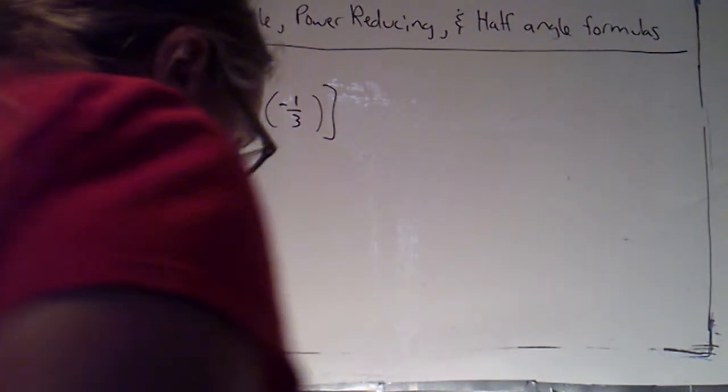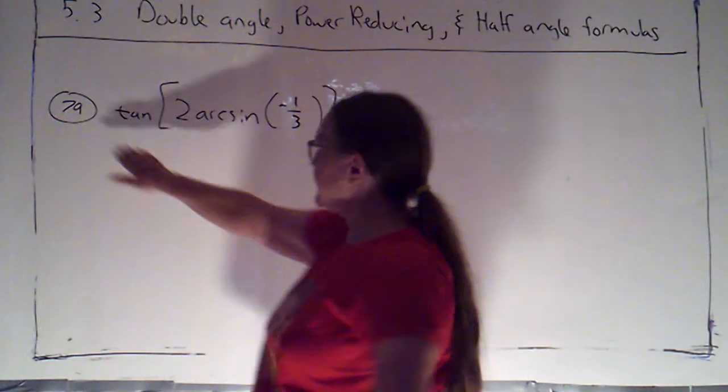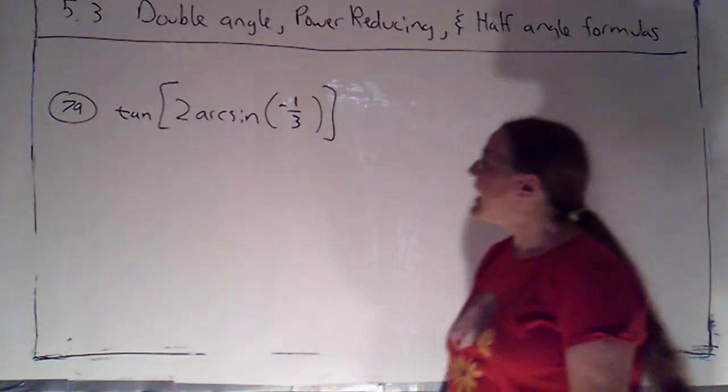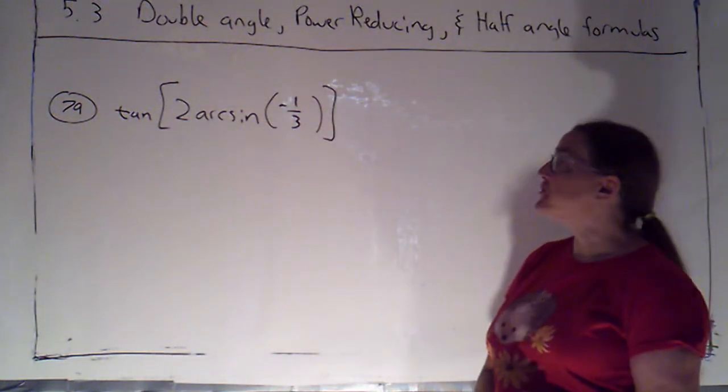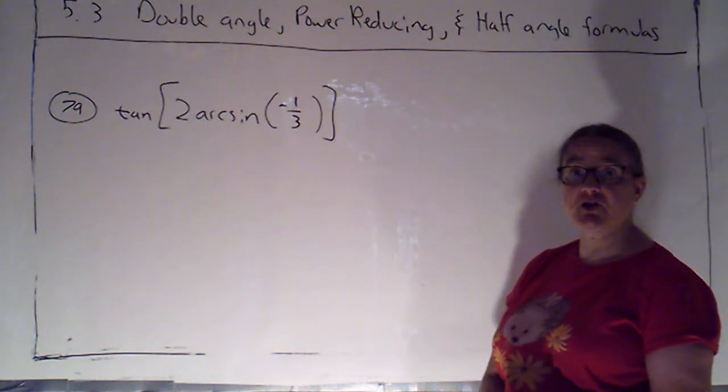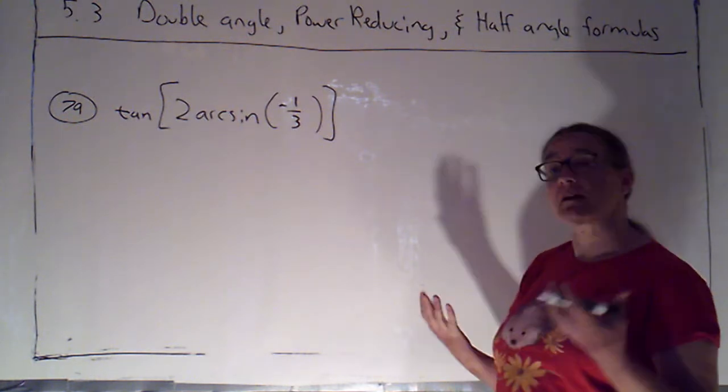This next problem is for you folks to try. It's taken from the assigned homework, number 79. Tangent of 2 arcsine of -1/3. So you're using the double angle formula for tangent, and I'll just remind you, this is actually very similar to